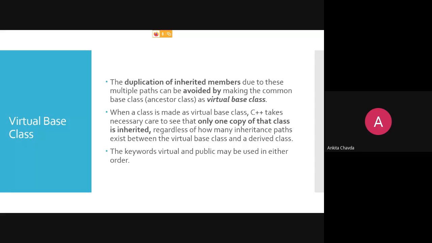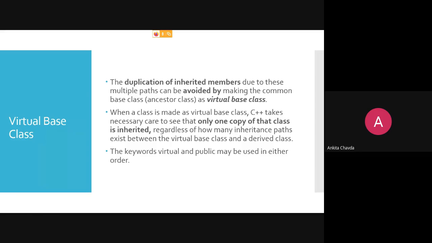So by making it a common base class, or you can say a virtual base class, when a class is made a virtual base class, C++ will take necessary care to see that only one copy of that class is inherited, regardless of how many inheritance paths exist between the virtual base class and a derived class.